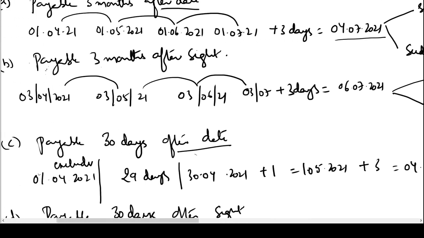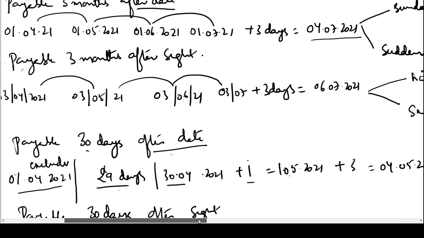You can see here we have excluded 1st April, then we counted the remaining 29 days in the month. So on 30th April 29 days is complete. We have to allow one more day because the duration is 30 days. 29 plus 1 is 30. So on 1st May 30 days is complete, and we have to give 3 days of grace time. So by 4th